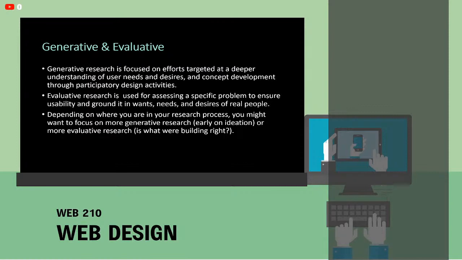The next thing we have is generative versus evaluative. Generative research is focused on efforts targeted at a deeper understanding of our user needs and desires. So what we see here is essentially concept development through participatory design activities. It's through generative research that we actually get our user involved in the design process. And we might ask them questions like, can you draw a layout that you would prefer for this? Or where would you like the such and such button to be on the screen? Or do you like A better or B better? We can look at A/B testing through generative research and actually get the user involved